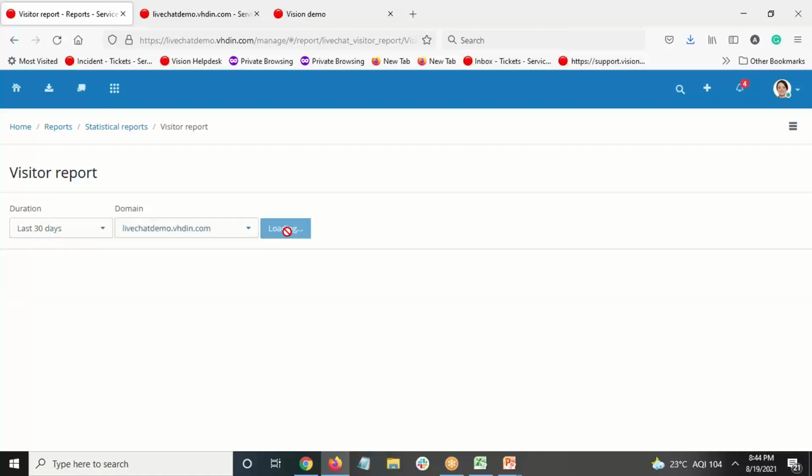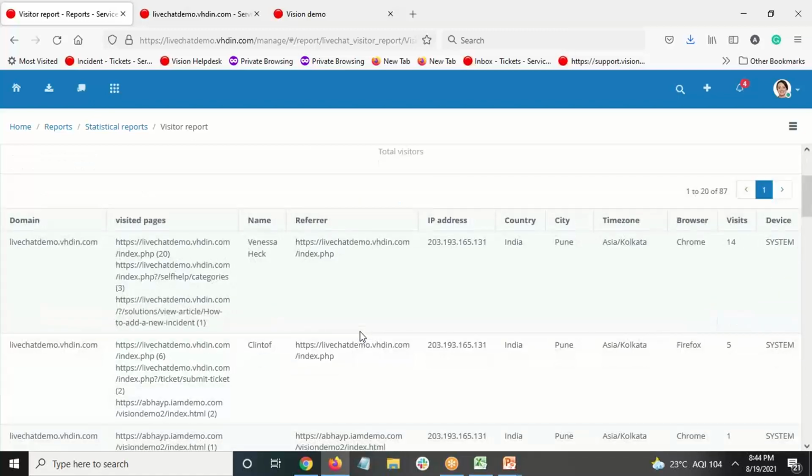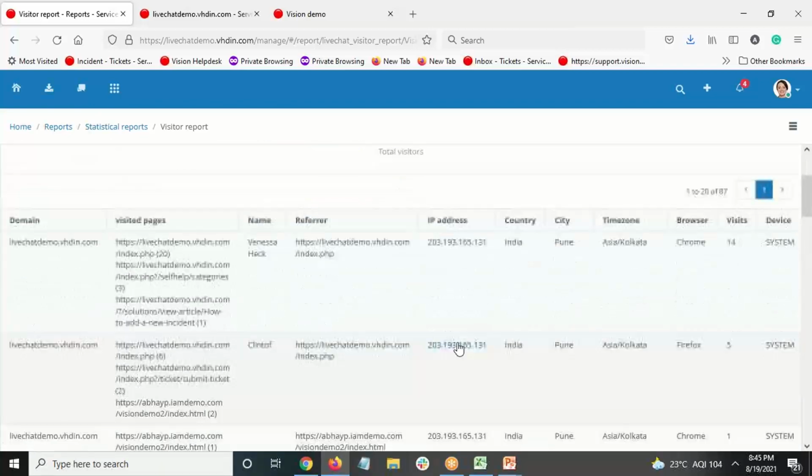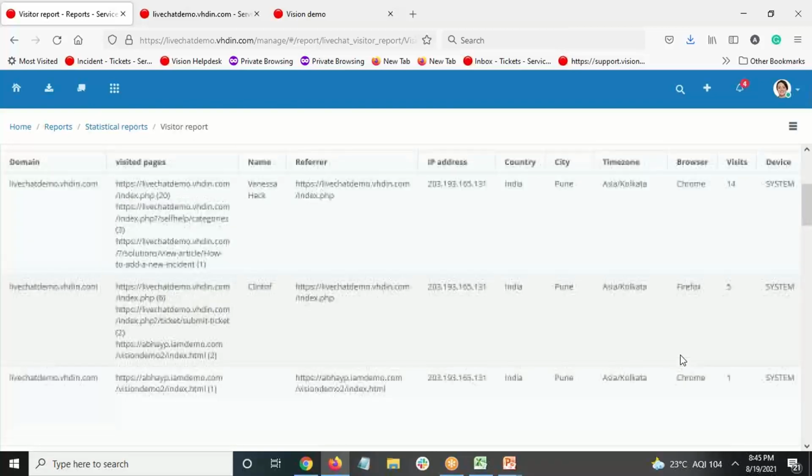Select the domain and generate. So you will understand the total visitors accessing your web pages, their details, such as their domain name, their IP address, their time zone, how many visits did they make, and so on.